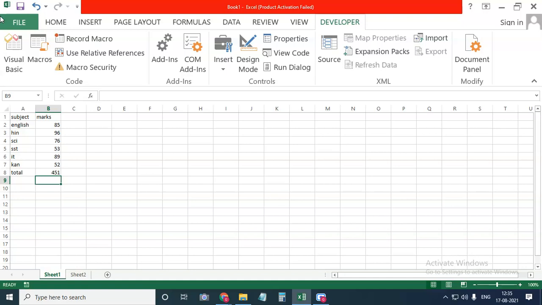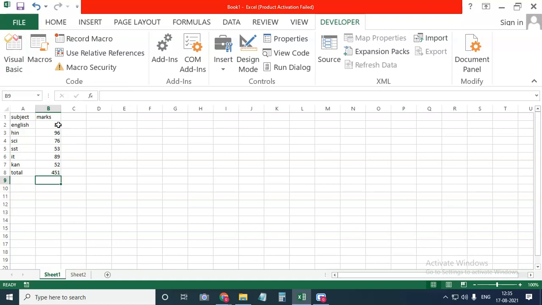And what is the use of this VBA? With the help of VBA, you can create macros. If you want to automate repetitive work, generate custom forms, create reports or create graphs, for that purpose we are going to use Visual Basic for Applications. We use this in Excel only, and we execute all the programs in the Excel sheet.